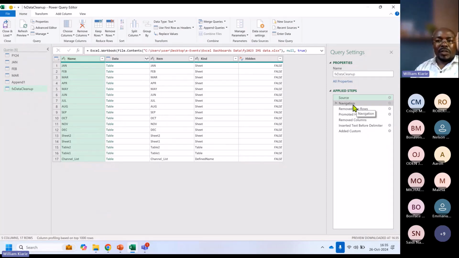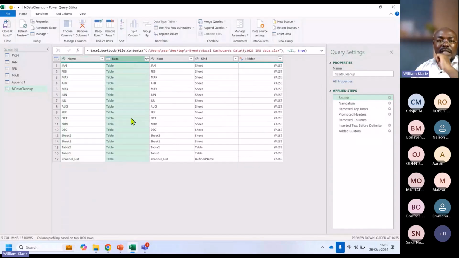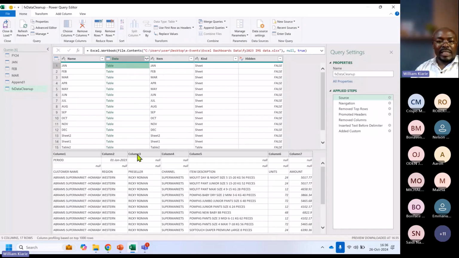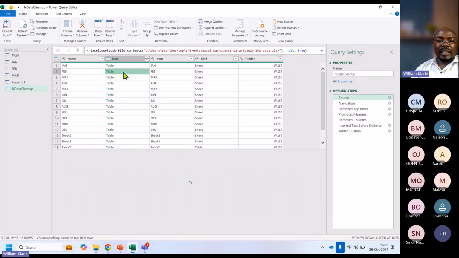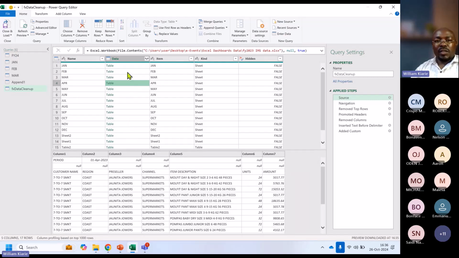Then the next step, which is called navigation, we chose one specific table, and that specific table is what we then apply the rest of the steps to. If I just click on the side there, you can preview the data that is inside that particular row in this data column. So if I give